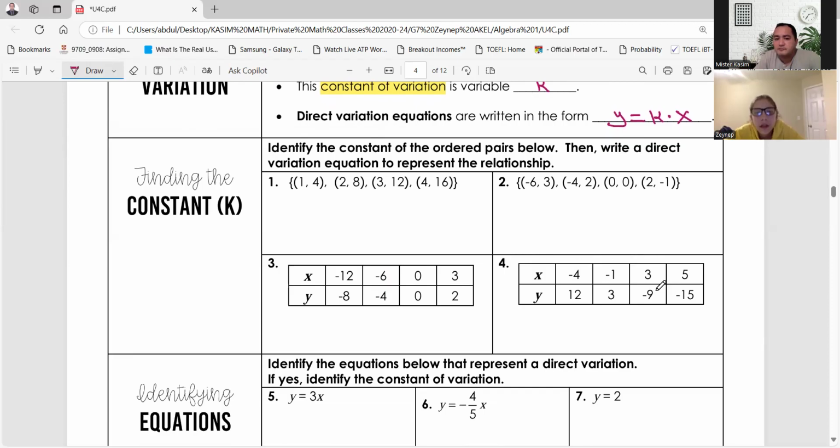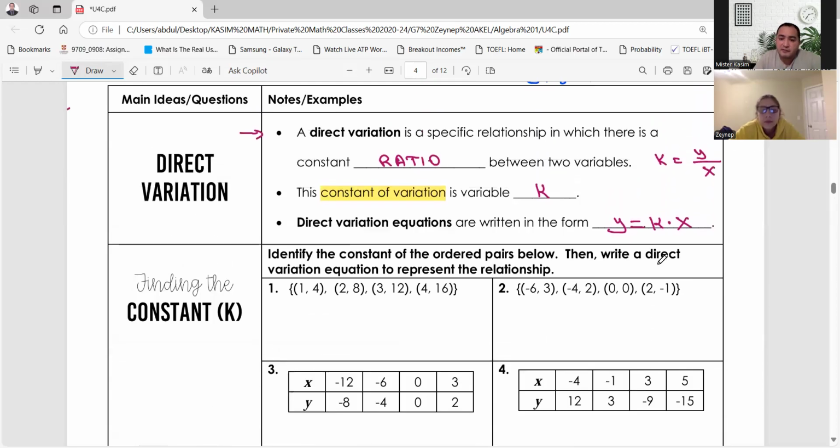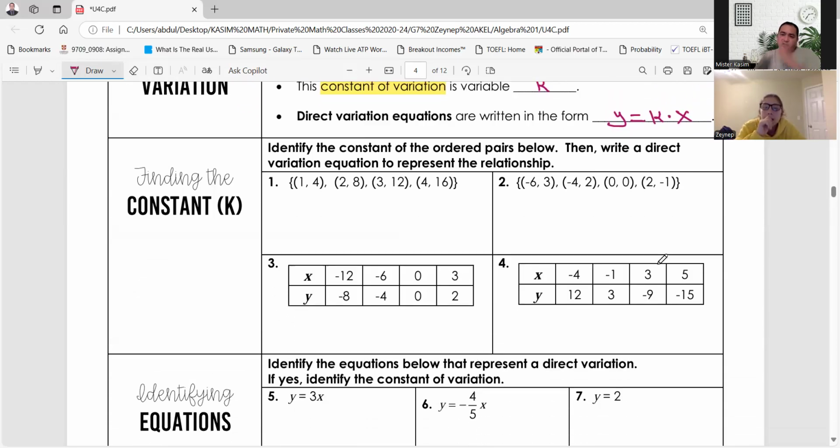Identify the constant of the ordered pairs below. Then write a direct variation equation to represent the relationship. And suppose that these relationships actually specify or define a direct variation. So if it is direct variation, if you take any y value divided by x value, it must be equal